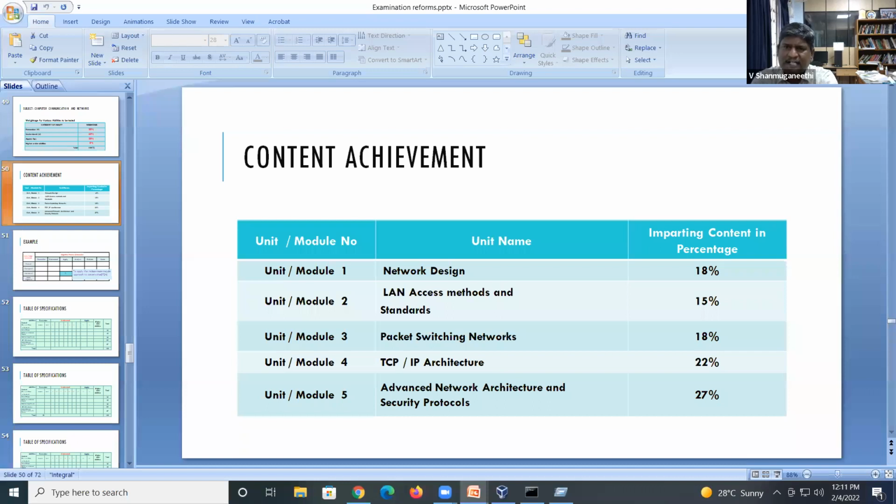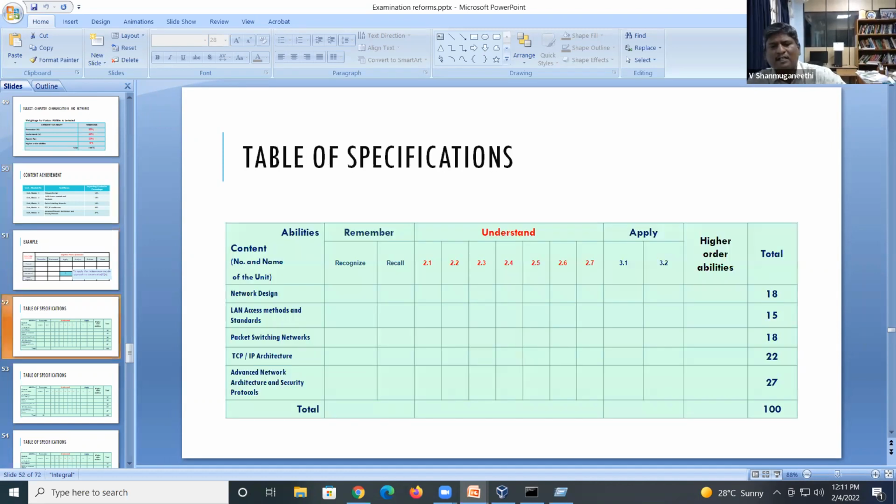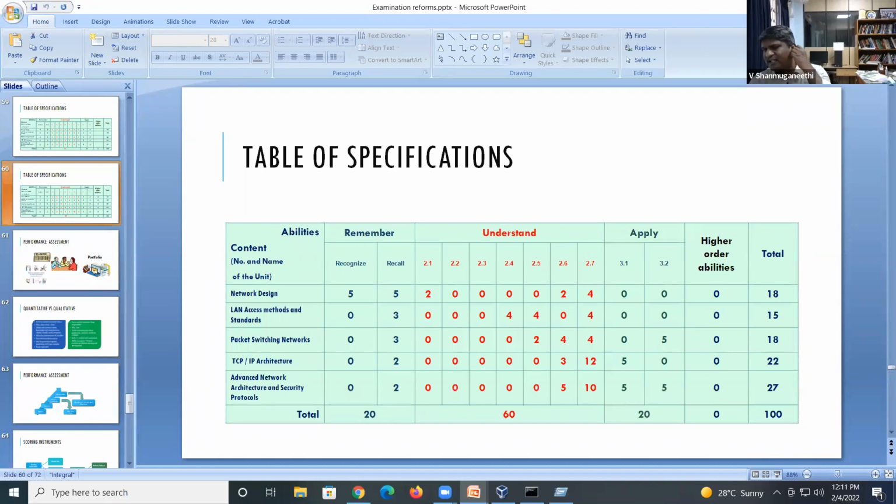Anna University has the same level, 20, 20, 20, 20 for each unit. Then you put in the score in this table, and then you put the question. This is a reference table, which is a separate concept. If you need the detail of this table, you can go to swayam.gov.in, where question paper authoring is a MOOC.